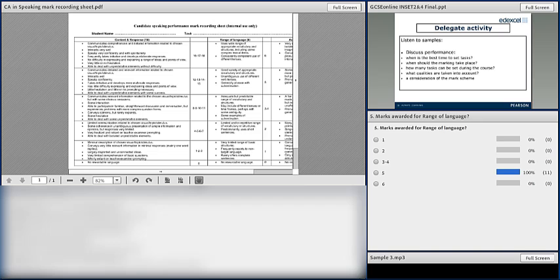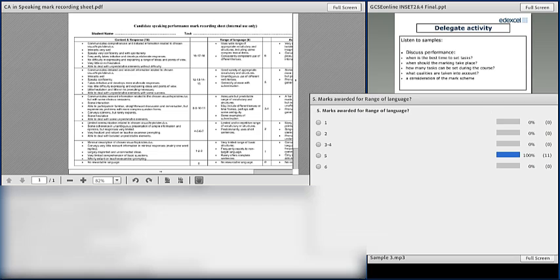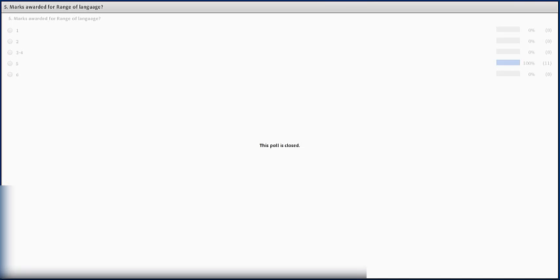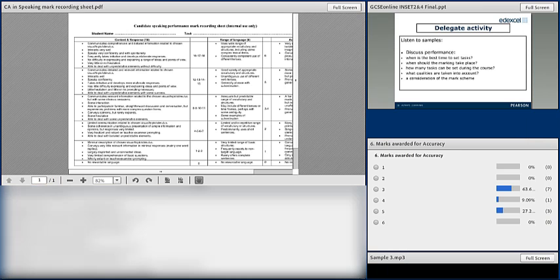You all opted for 5, which is what the examiners gave as well. So there's a good variety of structure and vocabulary, but it's just maybe not top box, because there's a few errors with syntax here and there. But overall, it's quite good. And if we have the final poll on this, which is for accuracy.